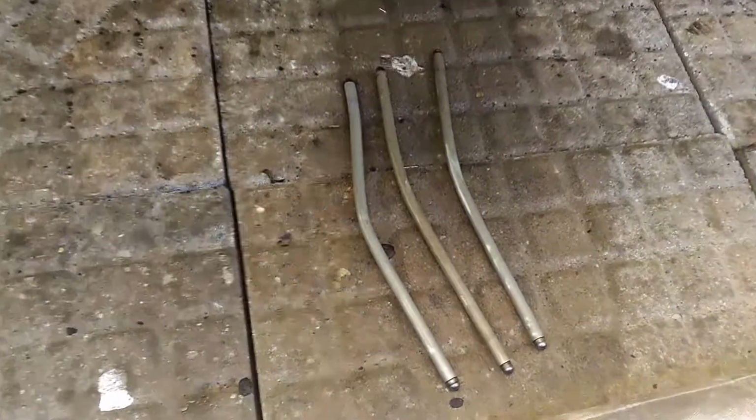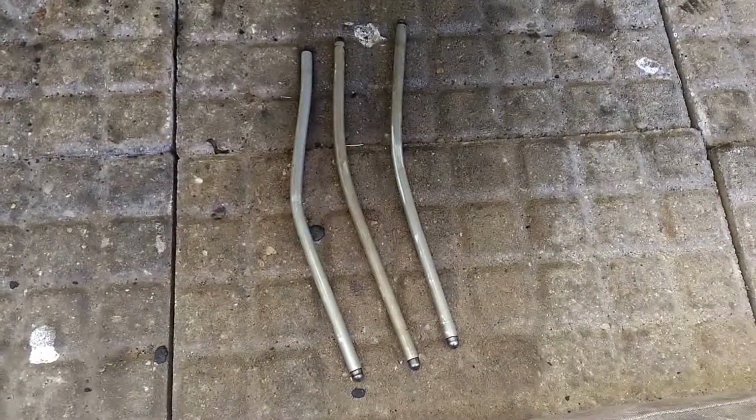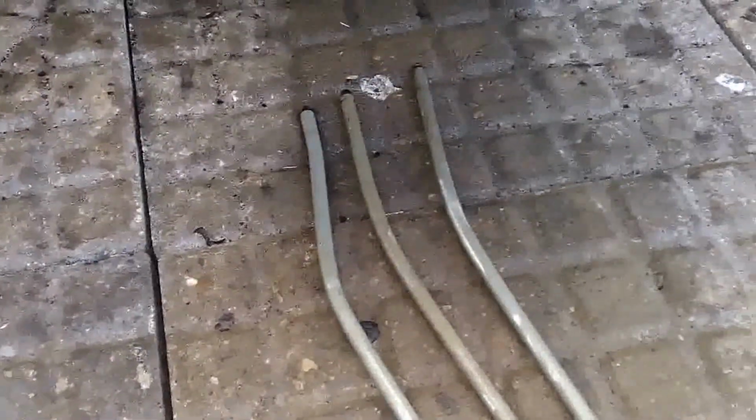Alright, worst fears. Bent push rods. 3 of them. And it is those 3 push rods that actually cracked and bent the push rod tubes to the point where they were leaking, and actually severed in half 2 of them. So